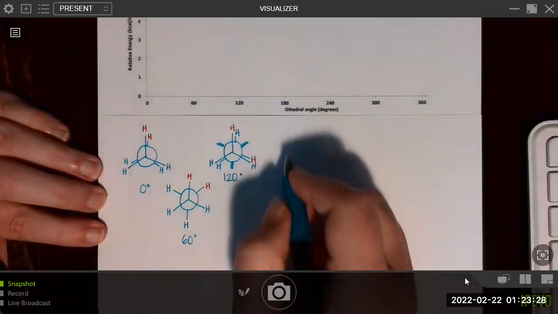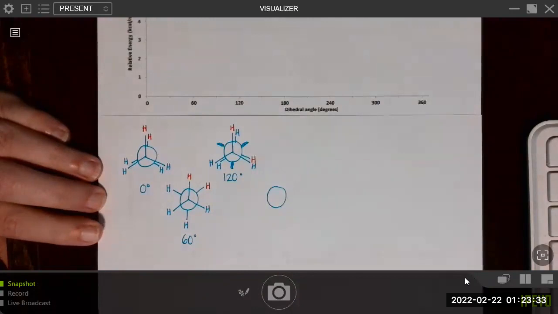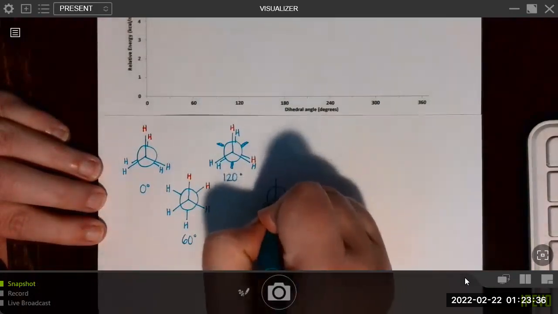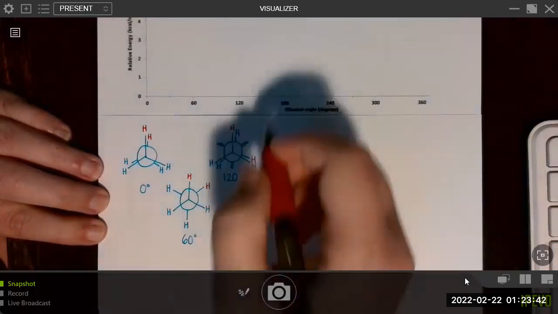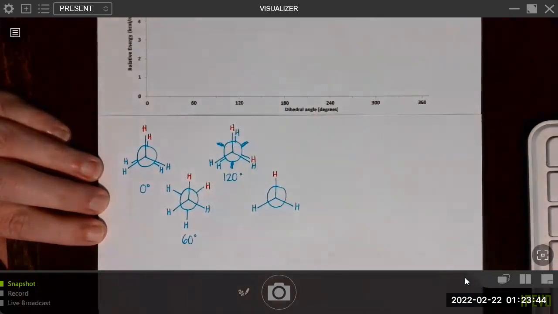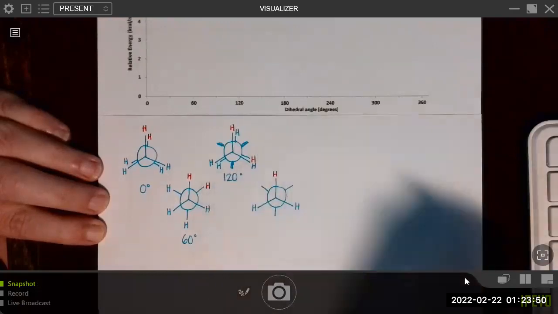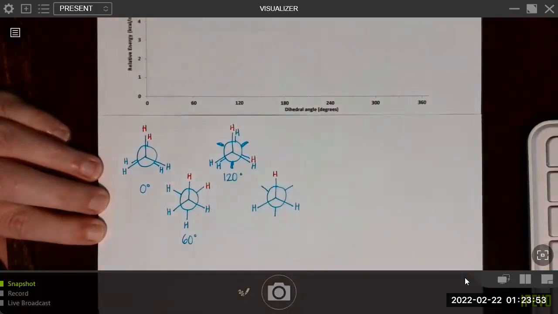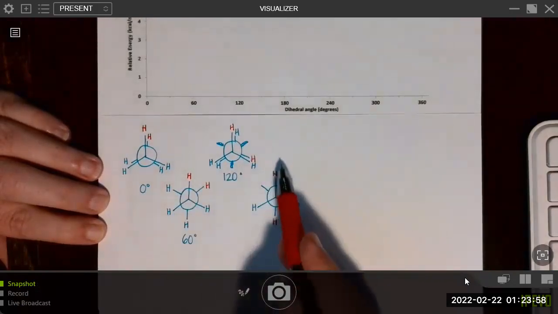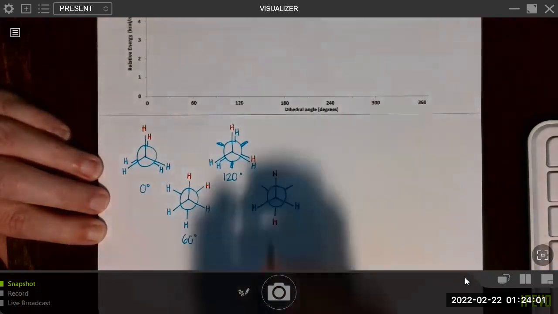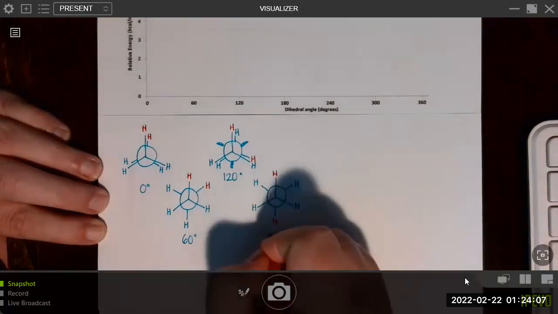Right now we're at 180 degrees. We'll be at a staggered conformation. And again, that front carbon is staying exactly where it is. So I'll go ahead and draw that in. And then the back carbon is rotating again to a staggered conformation. So we'll draw those in. That red hydrogen is now moved opposite the red hydrogen on the front carbon. And so now those two red hydrogens are 180 degrees apart.